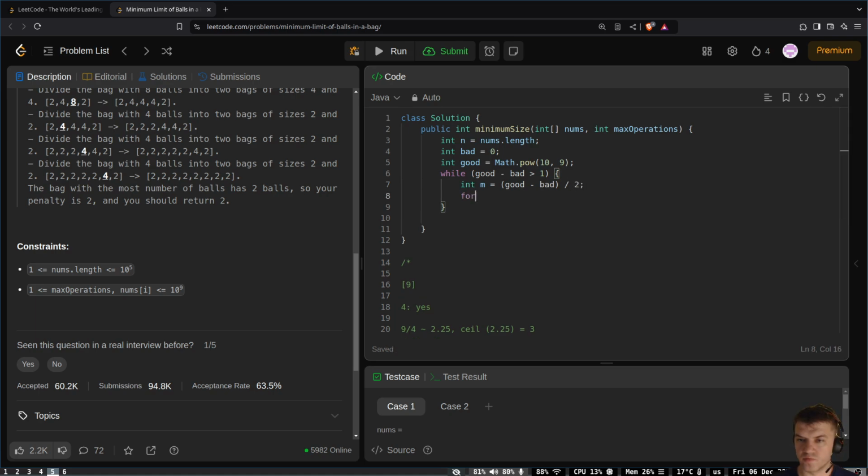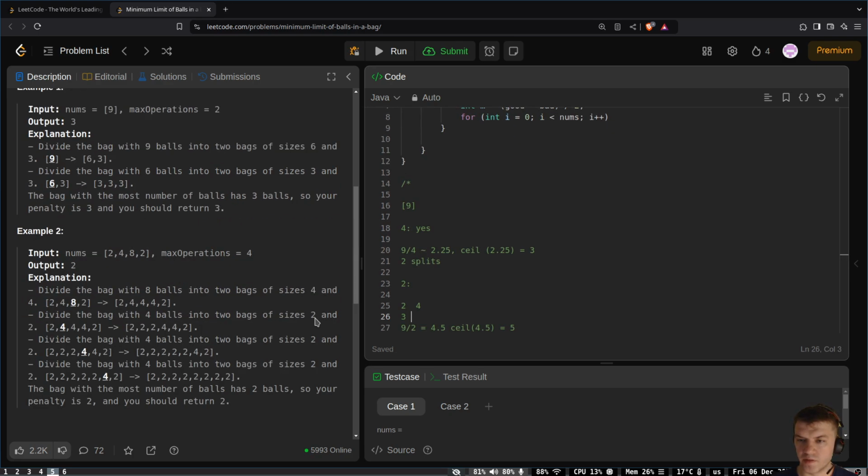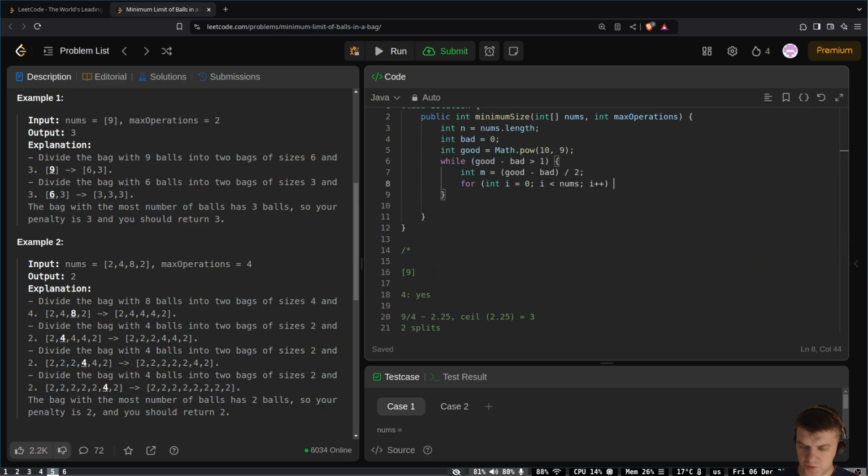Then I'm gonna go for int i equals 0, i less than nums, i plus plus, and then I'll check car ops. Car ops 0. I'll check nums i over m,